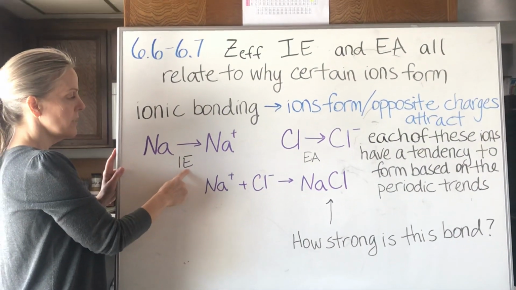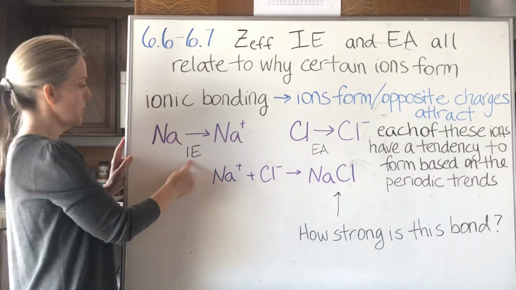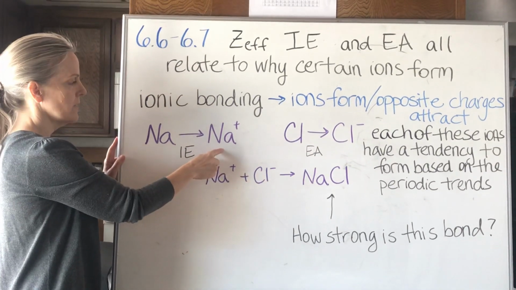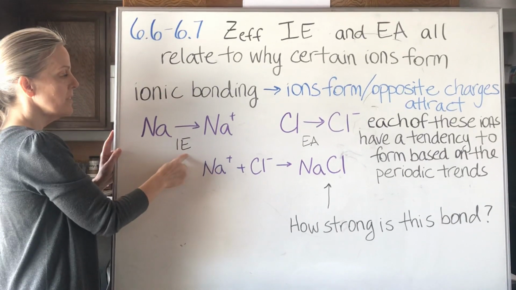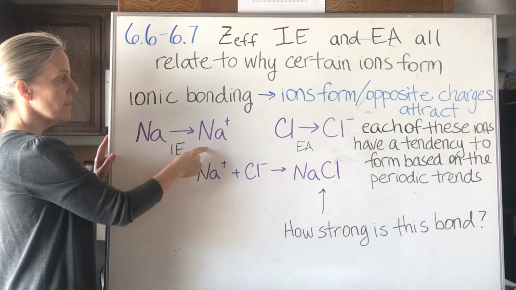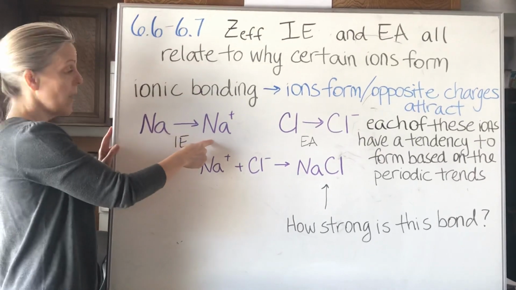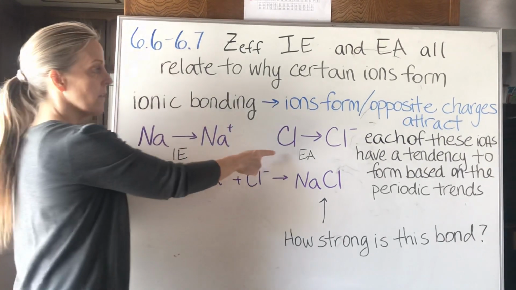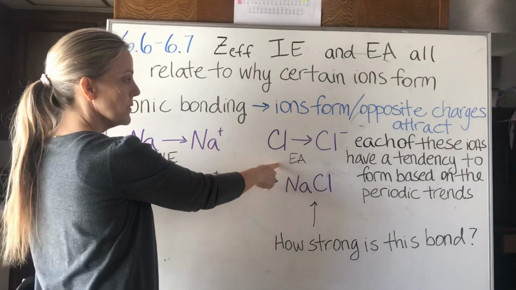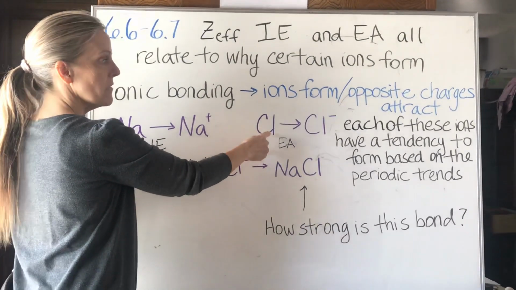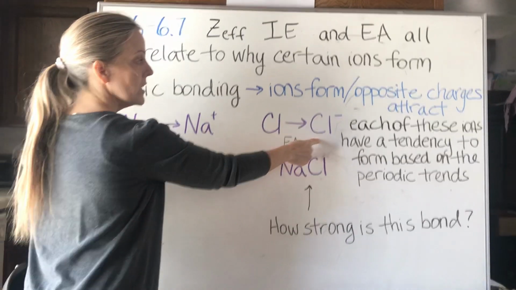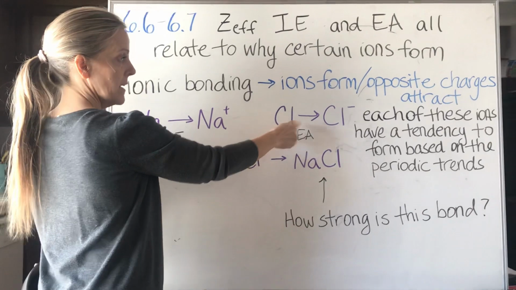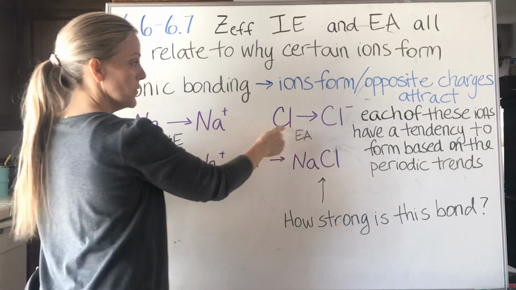So ionization energy was the amount of energy to remove an electron from a neutral atom in its gas phase. So there's a certain amount of energy that happens here, and remember there's a trend for how high or low that amount of energy is needed. And then over here is the electron affinity. So notice for electron affinity, we've added an electron. So there's a certain amount of energy associated and a trend for adding an electron to a neutral atom or